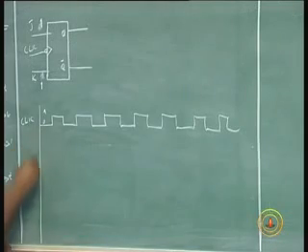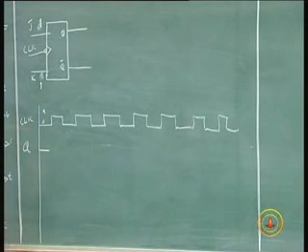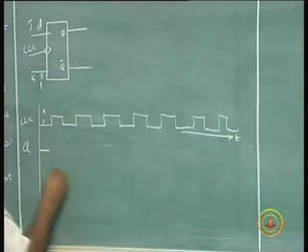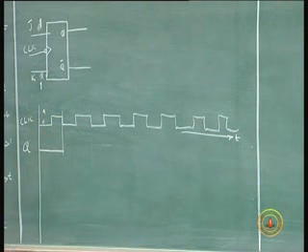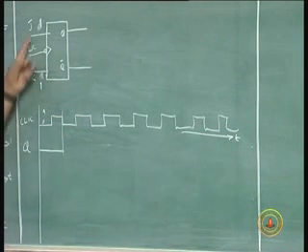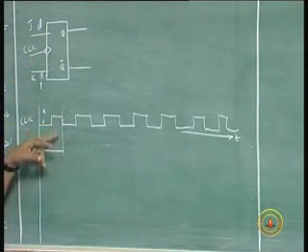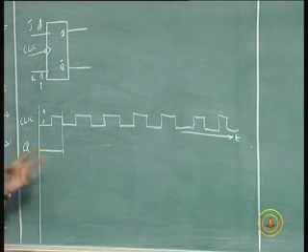Now, let us assume initially Q was 0, and at the negative edge the output will change. It will change to the complement of what it was. So it was 0 to start with. This is the time axis. This is 0 to start with. At this point in time, it will become 1. The output changes to its complement, and I am giving this clock input, and the clock negative edge, because it's a negative edge. Original Q was 0. At this point the Q becomes